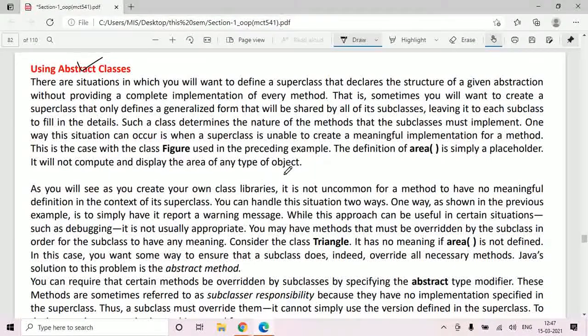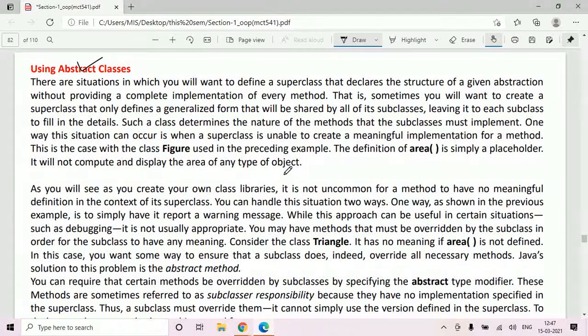So the answer to these queries is, let's say you want to write code for a functionality for two different cars. One is a Maruti car and one is a Honda car. And let's say the feature is the price of a car. Let's try to understand this with a dummy example.